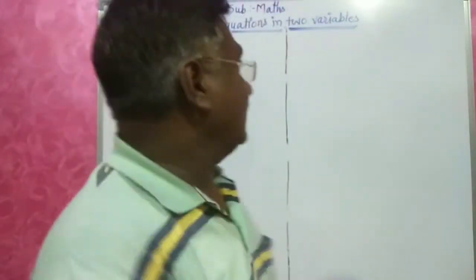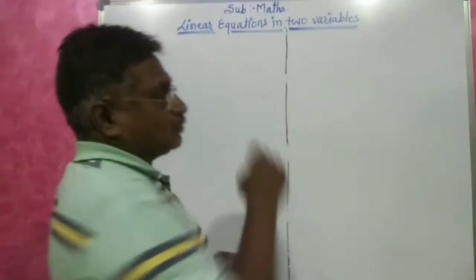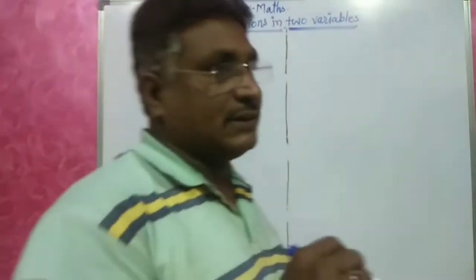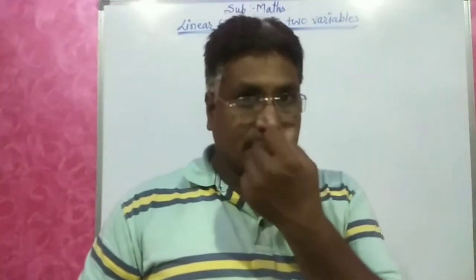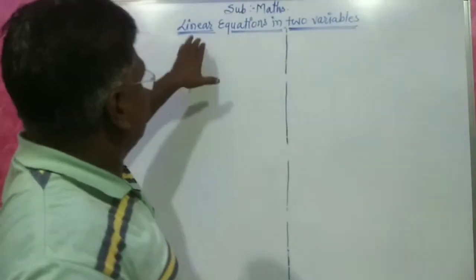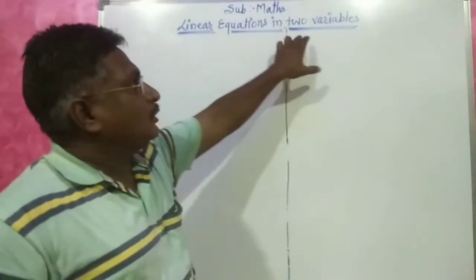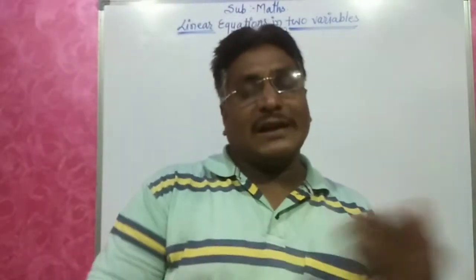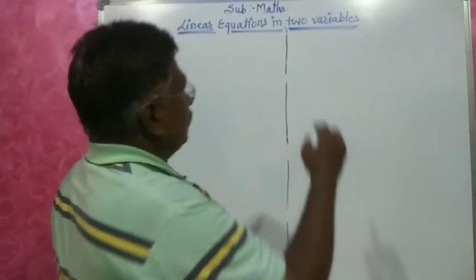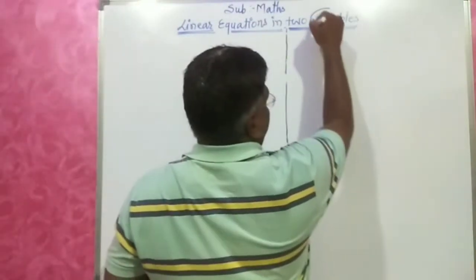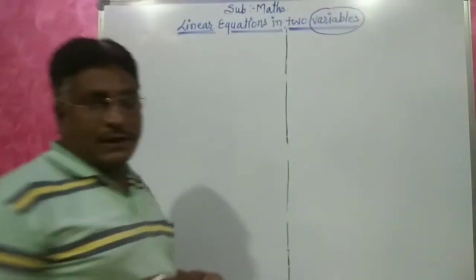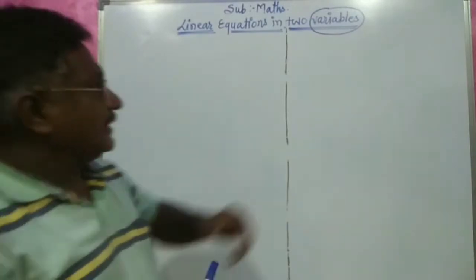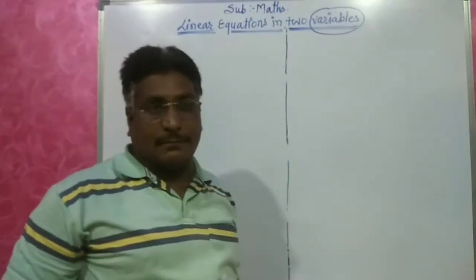So already in 8th standard you studied linear equations. This topic you studied, linear equation in one variable. Now this year you have linear equations in two variables. So whatever things you studied in the 8th standard, I will revise first. So first, about variable. About variable, you already studied in the previous lesson, polynomials.